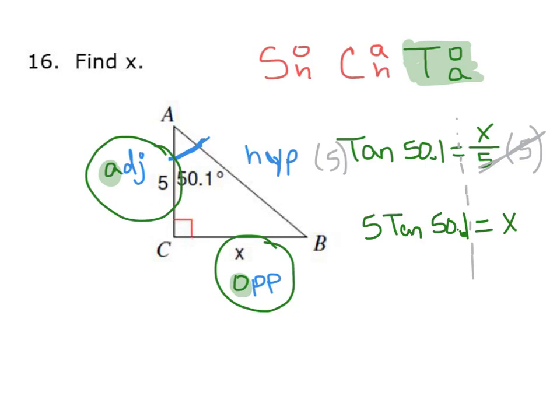From here, you're going to type it into your calculator. Now remember, you are not the only one who uses these calculators. You always want to go back and double check that your calculator is in degrees. If you're already in the calculator screen, you take a look at the top left corner. You should see the letters D, E, G. If you do not see that, you need to go into your settings and change it. Once you type that into your calculator, you should get a value of